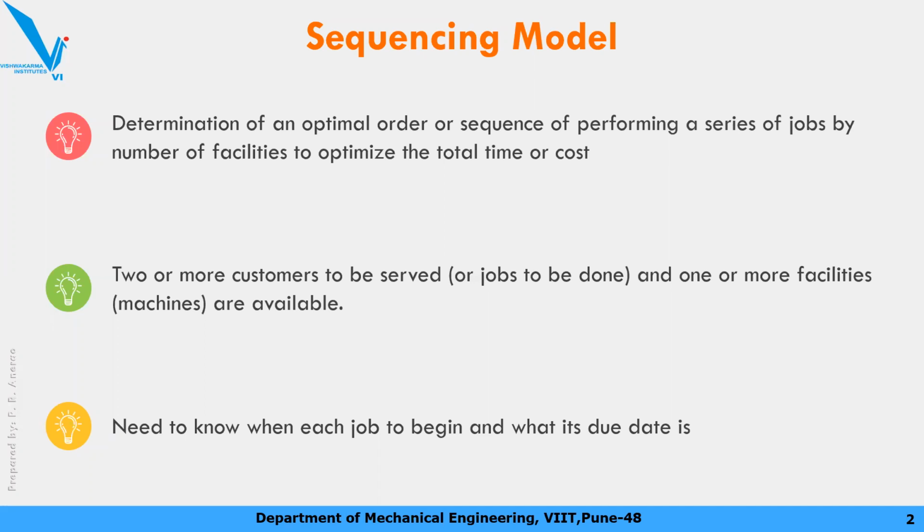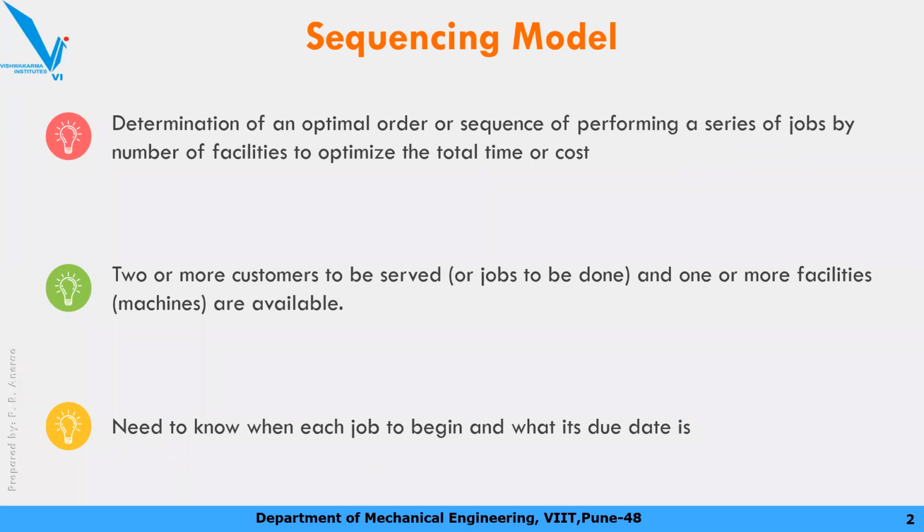So when we try to prepare a production sequence, our aim is to minimize this total time, so that the assembly line will start working as soon as possible, or overall on the shop floor the idle time will be less, or the total elapsed time, that means the completion time of a project, the total due date, is reduced.